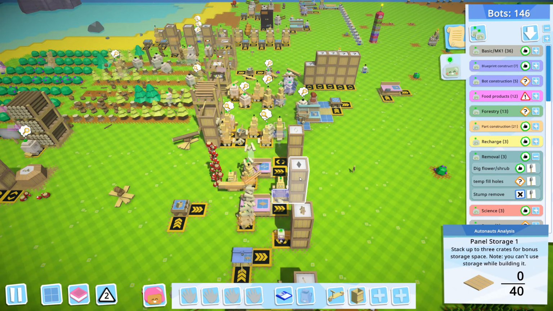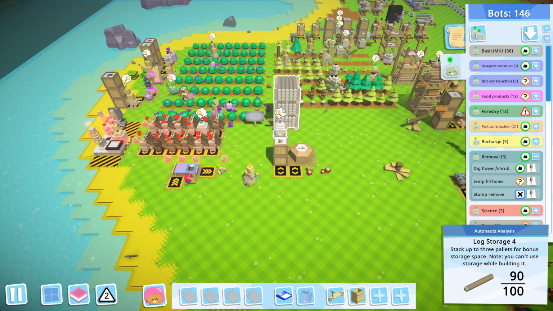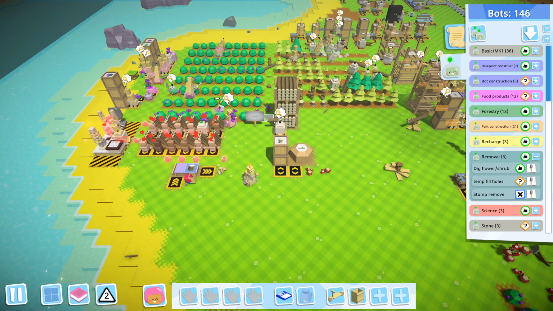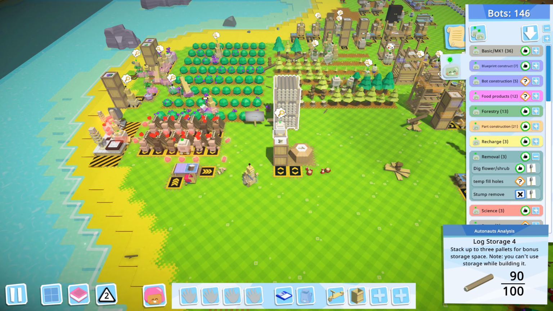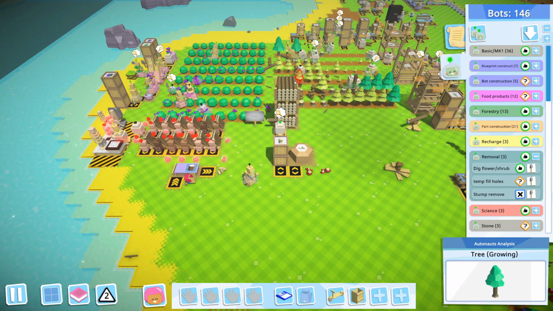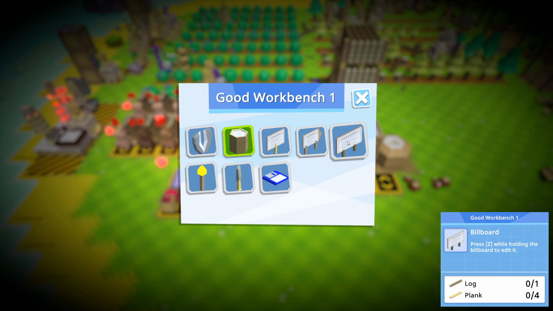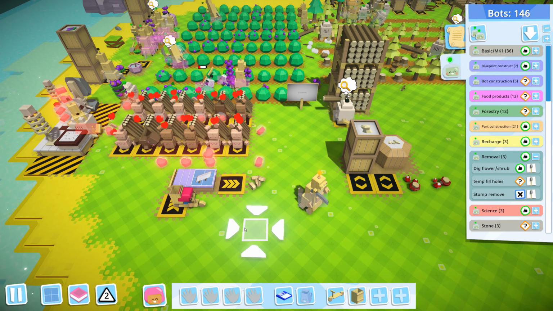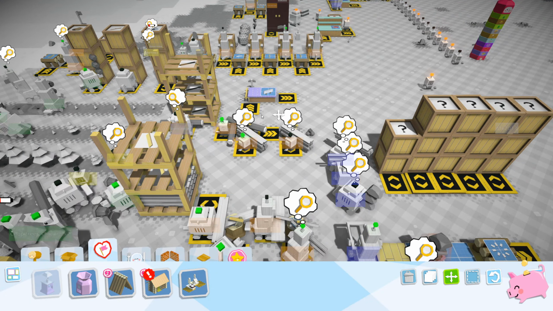So I think we're going to add a bit more to the forestry as well. What we can do is transfer these back as well. But I don't think that's the solution right now. I think we're going to increase instead. But let's find the billboard. Not assign the billboard. 1 log and 4 planks, and we don't have any of that. So